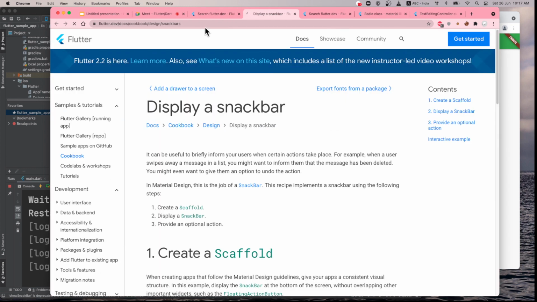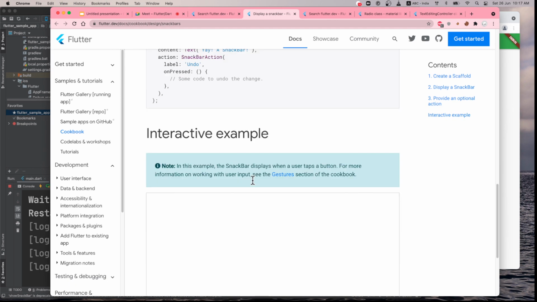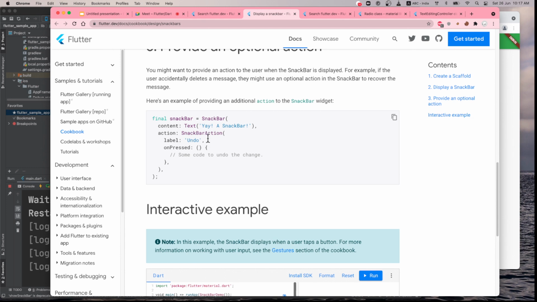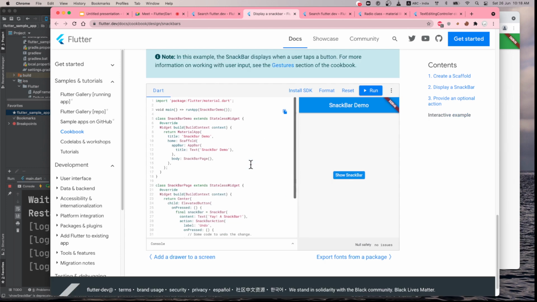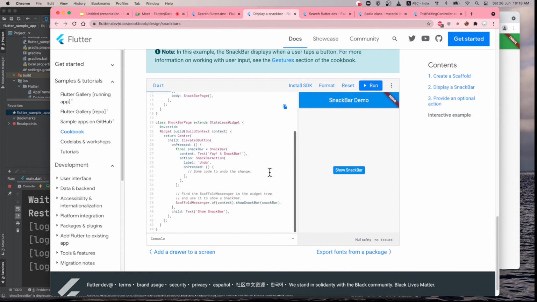So whenever you get stuck, you can come to this flutter.dev website and see how to do the stuff. Okay, and snack bar you can define like this, and then how do you use this? You can use like this also actually.